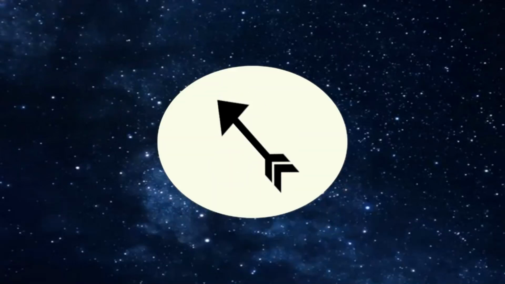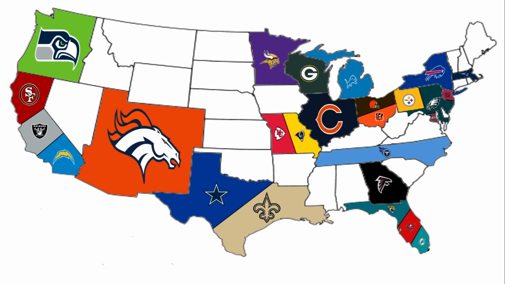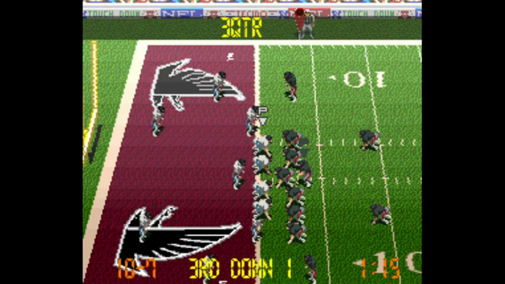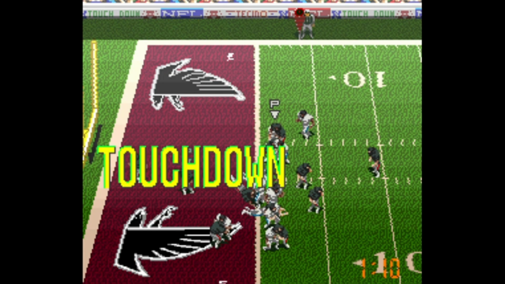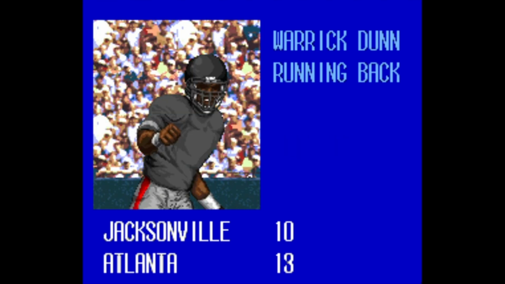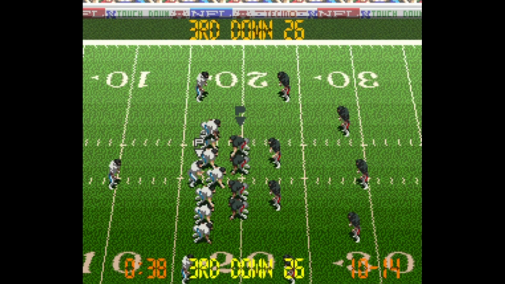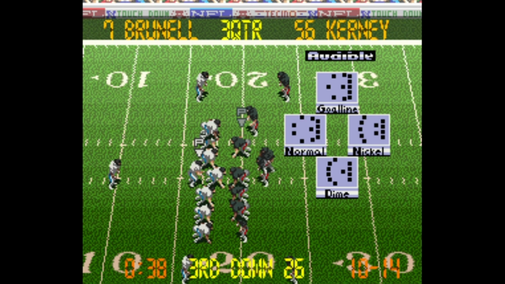It's going to be the Jaguars. They're going to head up north, to Atlanta, to take on the top 5 Falcons. The Jags' D has been excellent to this point, but at some point Atlanta was going to move the ball. Warrick Dunn is able to punch in the short yardage carry there, giving the Falcons now a 14-10 lead in the third quarter. As the third quarter is winding down, the Jaguars are facing 3rd and 26.